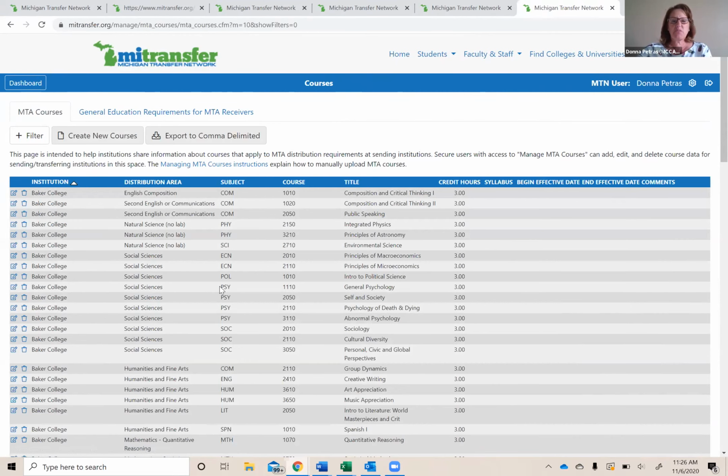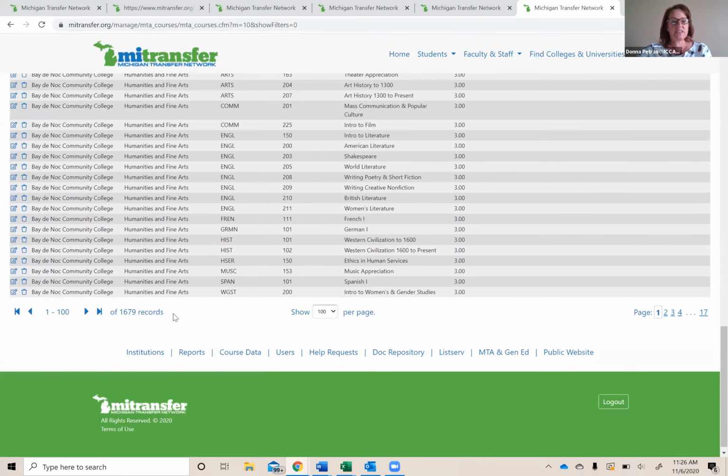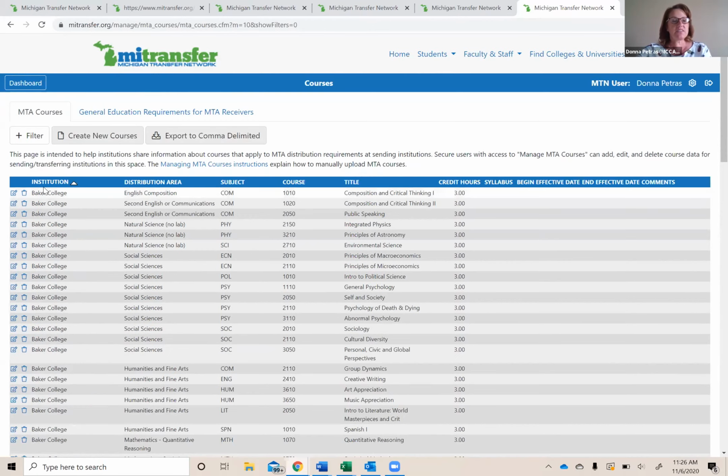I wanted to bring up this full list to start with. As you can see, there are a multitude of records in here currently, which is great to see. There's a little over 1,600 records by institution. Let me go up and show you the categories here: by institution, by distribution area, by subject, the actual course number, the title of that course, and then the credit hours. Since we're using Delta as an example, I'm going to filter for Delta